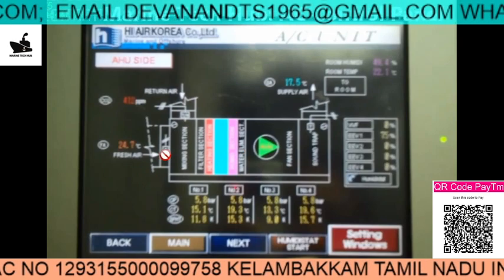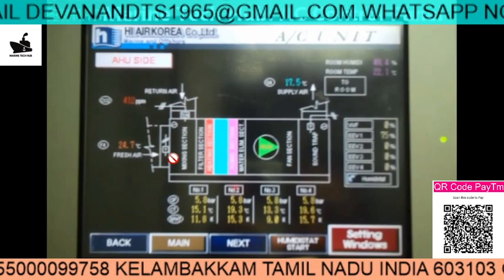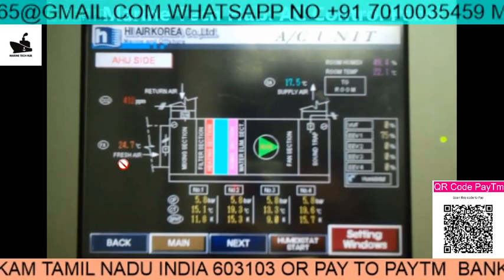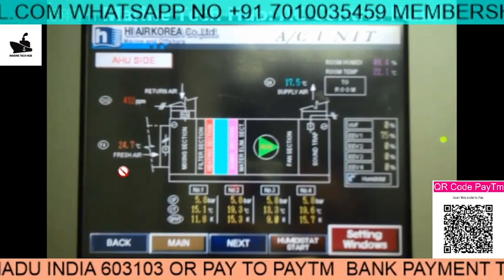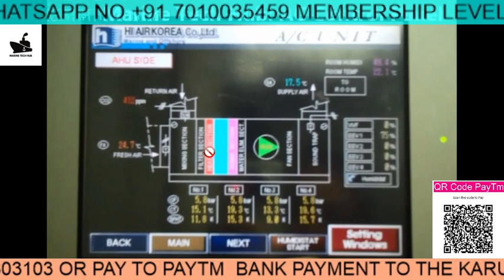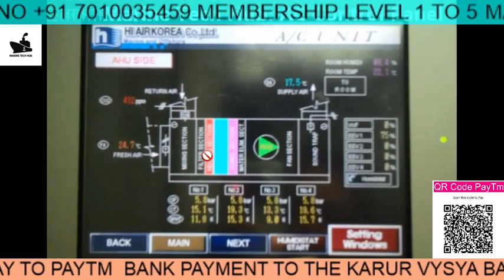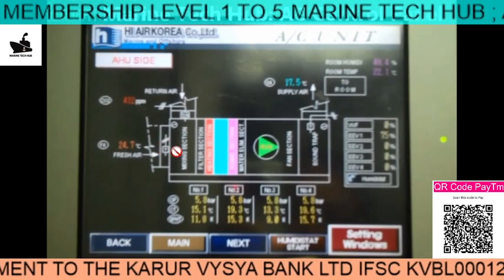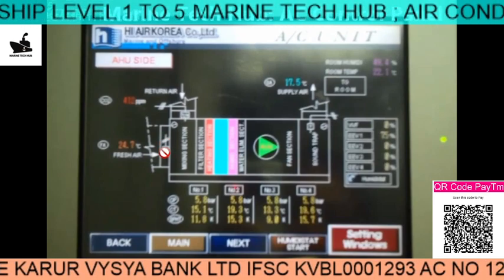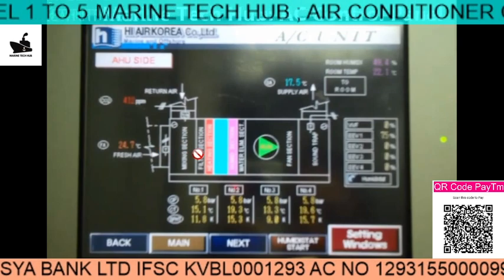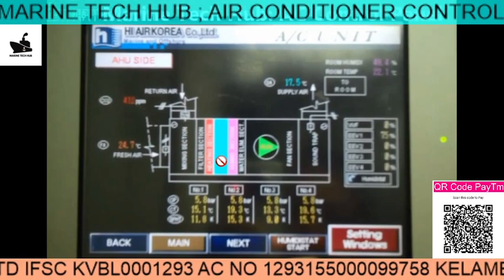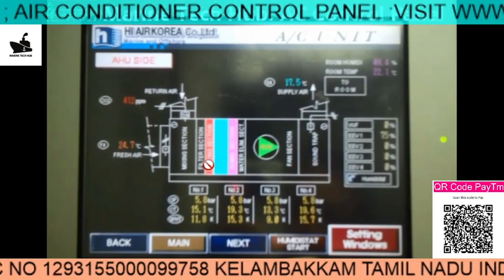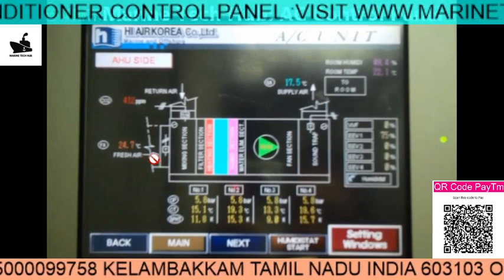So a very important point to remember is whenever you are loading cargo, we have to keep this 10% open so that we do not get any gas coming from the deck into the cabin while loading. You have to keep 10% open so that you get a positive pressure in the cabin. You should never shut this fully, otherwise you will have a negative pressure. When there is a negative pressure in the cabin accommodation, if any door is open, then the whole gas will come inside. So that's why it's very important.